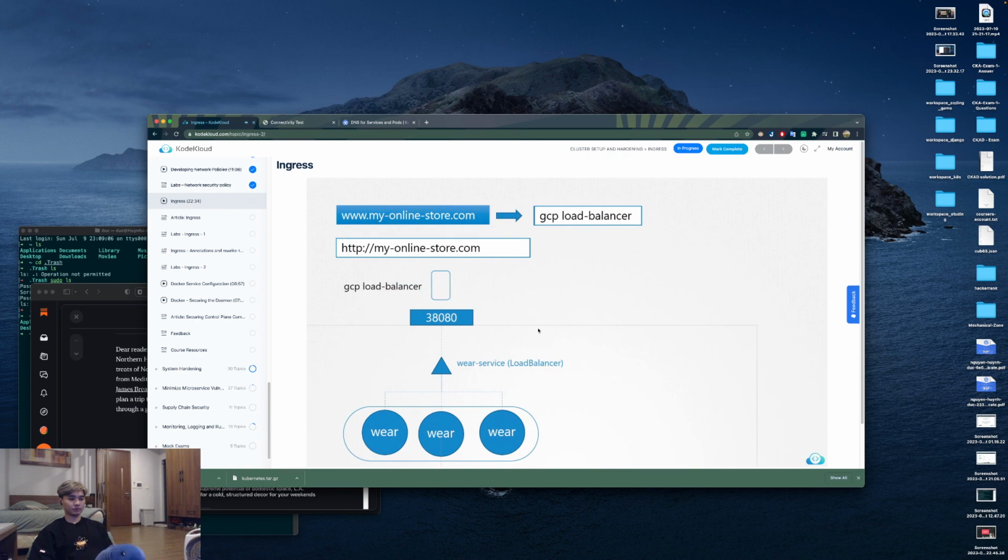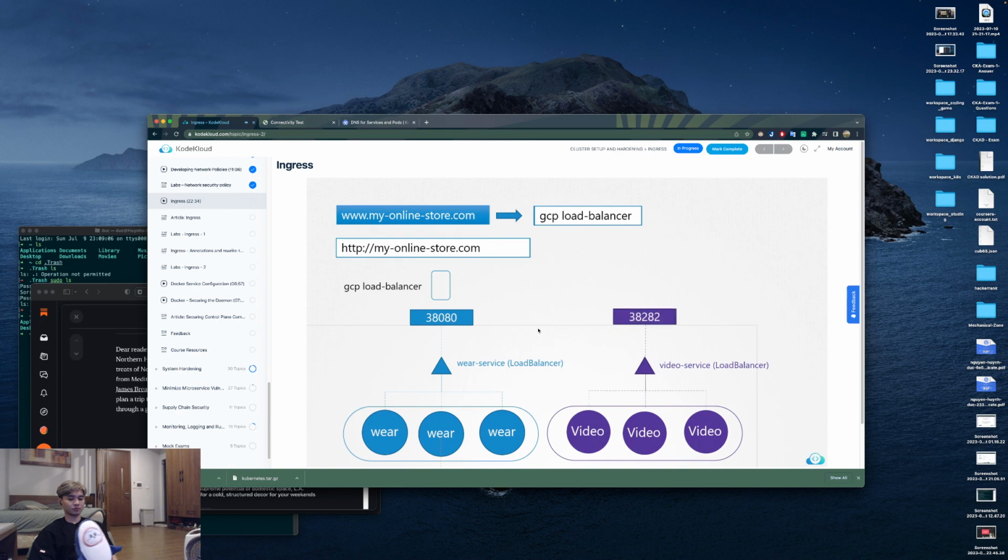with the existing one. However, to share the cluster's resources, you deploy the new application as a separate deployment within the same cluster. You create a service called Video Service of type Load Balancer. Kubernetes provisions port 38282 for this service and also provisions a network load balancer on the cloud. The new load balancer has a new IP. Remember, you must pay for each of these load balancers, and having many such load balancers can adversely affect your